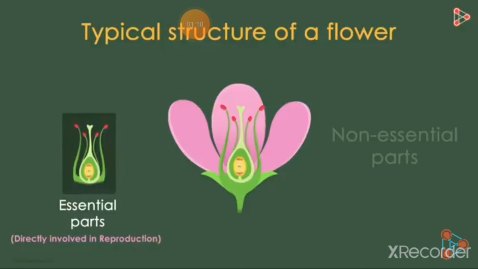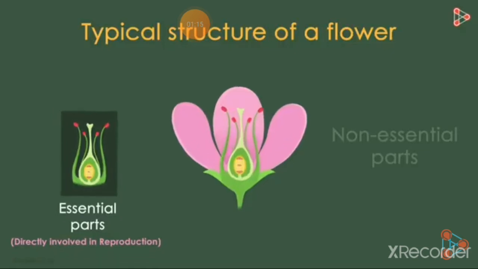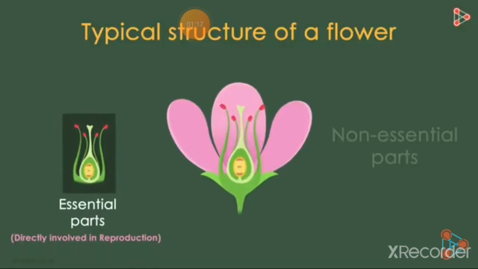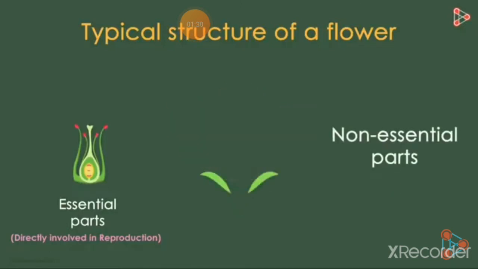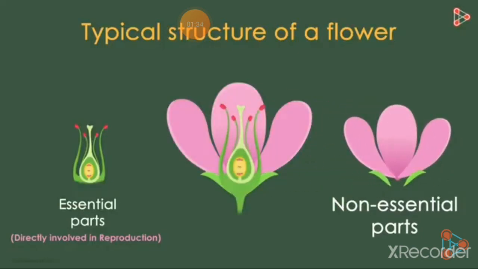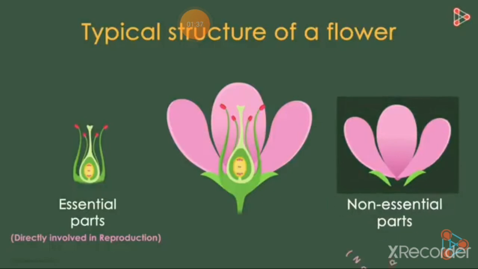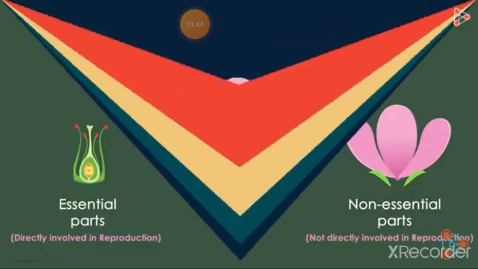Do we mean that if these structures are not present, then a plant will not be able to reproduce? Yes, that's absolutely correct. So how will the plant be able to reproduce if the gamete-producing structures are not present? And what are the other parts then? Floral parts such as the petals and sepals are the next in our list, and they are the non-essential parts of a flower. These floral parts do not take part in the process of reproduction directly and are therefore called the non-essential parts. Now let's discuss each part in detail.